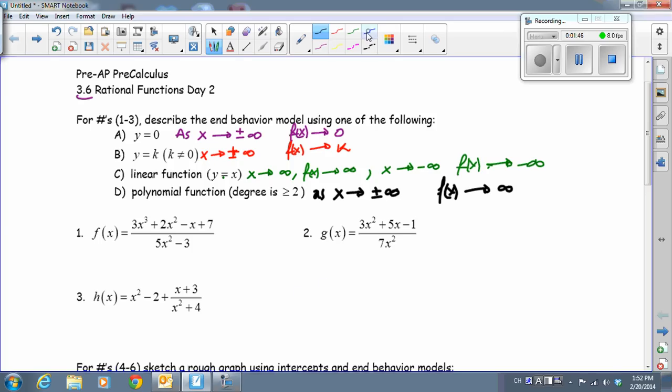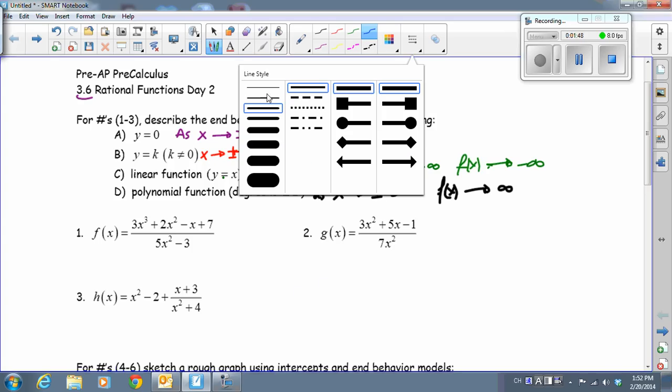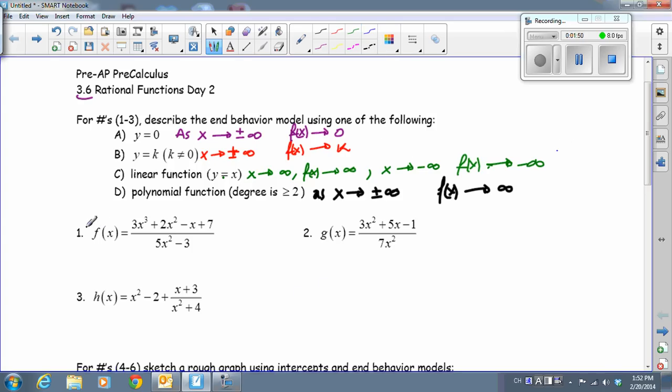You're probably wondering what I mean by all this. Let's start with number 1. We have 3x cubed plus 2x squared minus x plus 7 over 5x squared minus 3. Obviously the power on top is greater than the power on the bottom, so we will have a slant asymptote. Now, if you divide these two, you will end up with something like